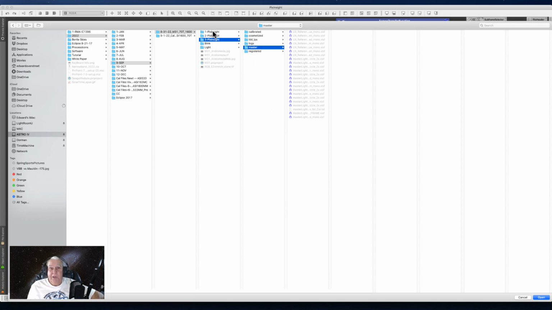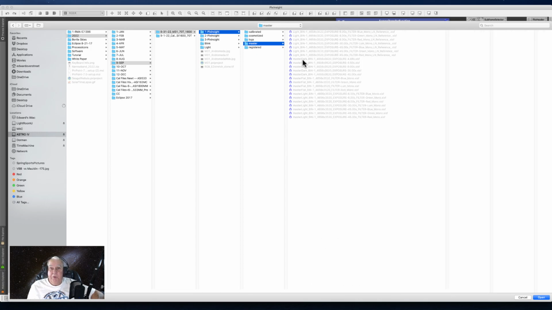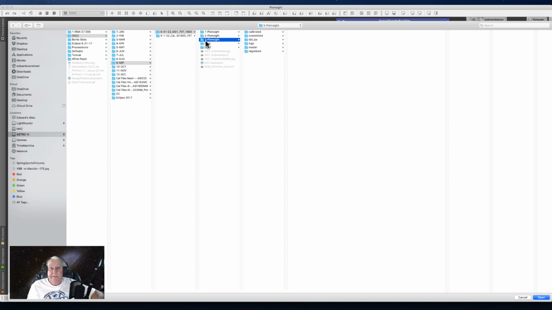And by the way, I'm going to go to the first time I ran it, and I'm going to show you that this is where I pulled my new master darks and my new master flats. These are the masters that I used in this script instead of running the calibration frames that I took for darks and flats. But I didn't use the flat darks. Instead, I ran bias frames for this third run. But on the first run,